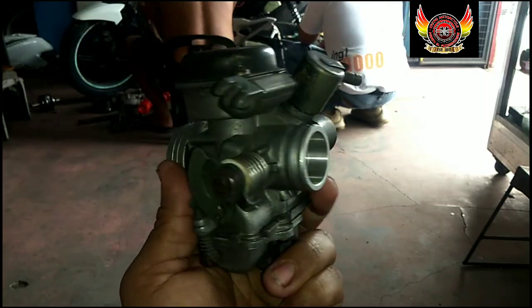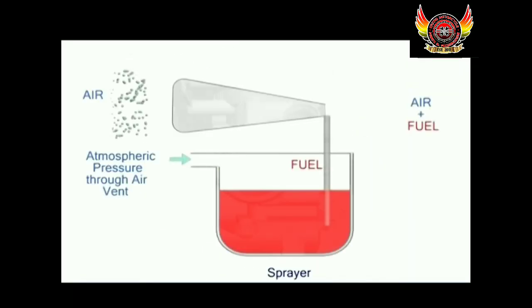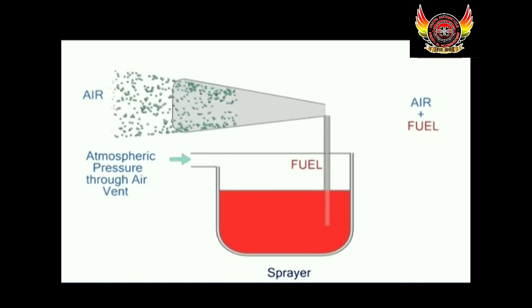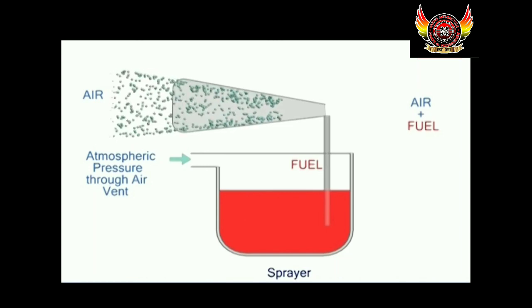The carburetor uses the principle of a sprayer. When the piston of the pump is pushed inside, the velocity